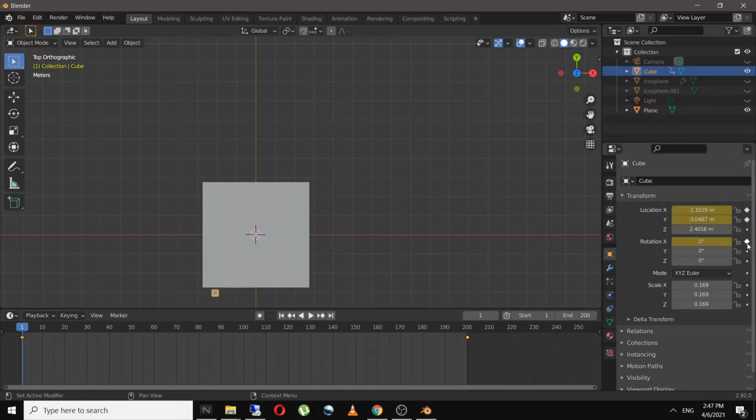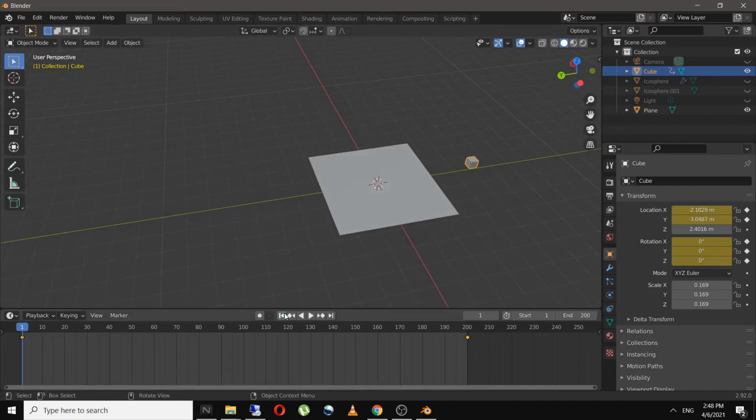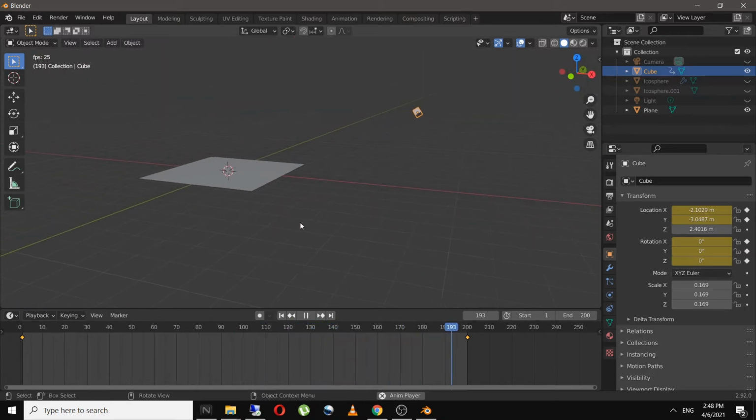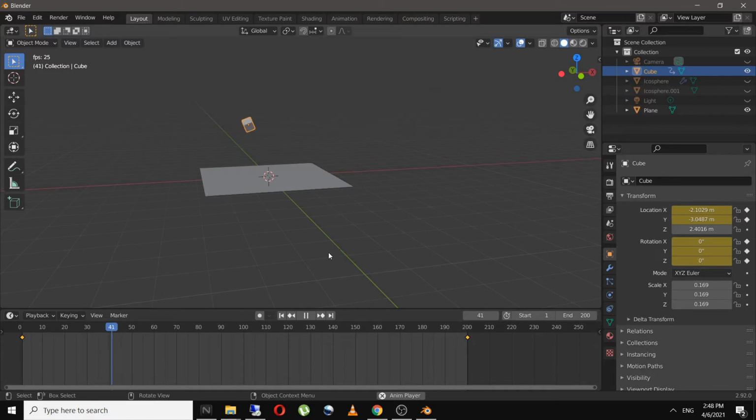Similarly, let's rotate the cube in X, Y and Z axis. So as you can see, our cube is now moving in X and Y direction, and it's also rotating in X, Y and Z direction. So this is how you basically animate anything in Blender.